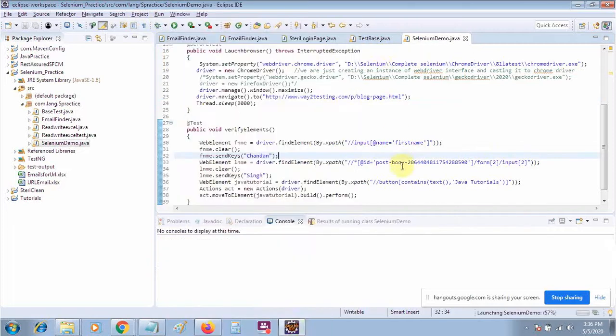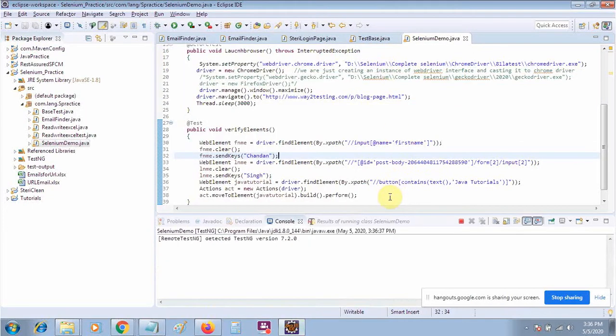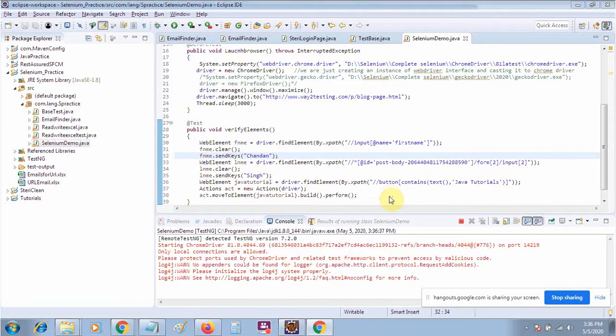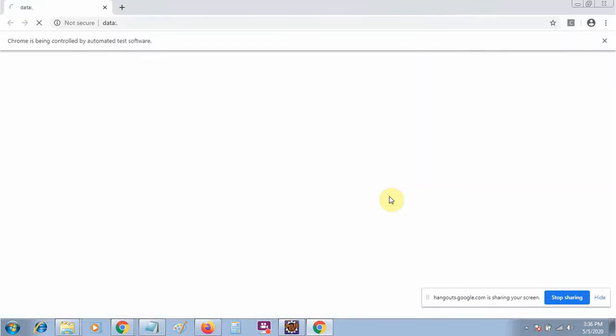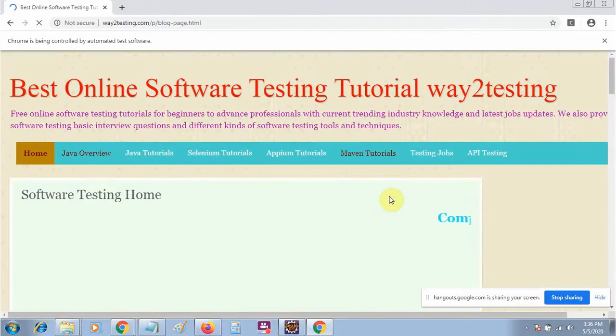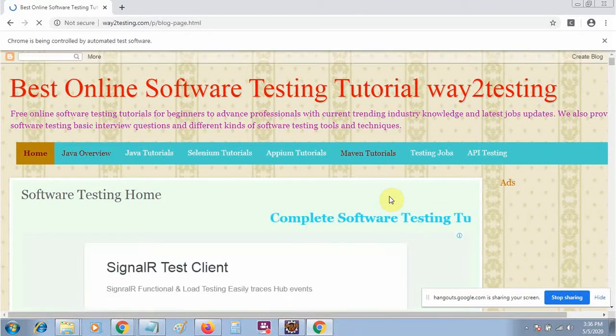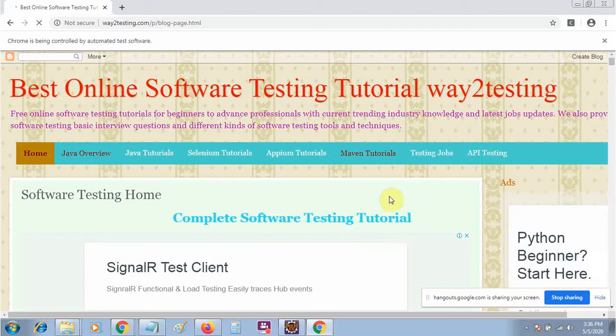Tomorrow we will work on frameworks and advanced topics like advanced XPath, then framework, page object model, data driven, keyword driven. We will start all these from tomorrow. You can see your browser has been launched, and now it will hover over the Java tutorial. It will wait 3 seconds, and then it will go to the Java tutorial.